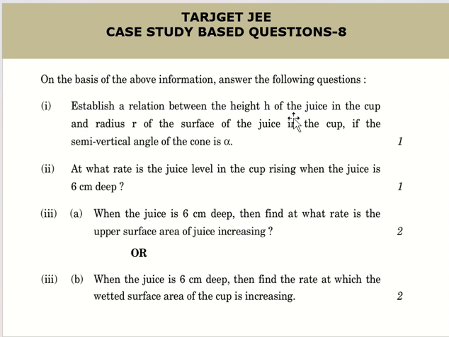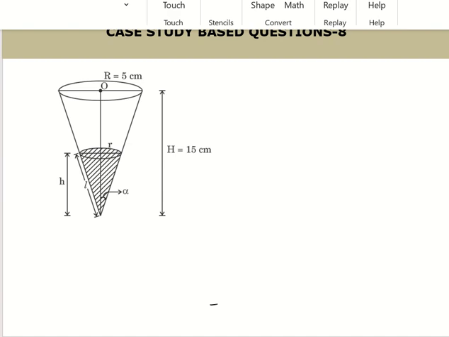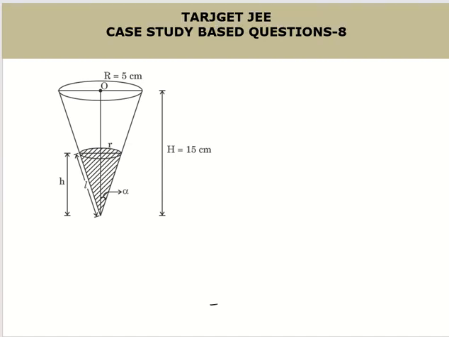Find the relation between the height h of the juice in the cup and the radius r of the surface of the juice in the cup if the semi-vertical angle is alpha. So they want a relation between r and h. From the big right triangle, and this other small right triangle,